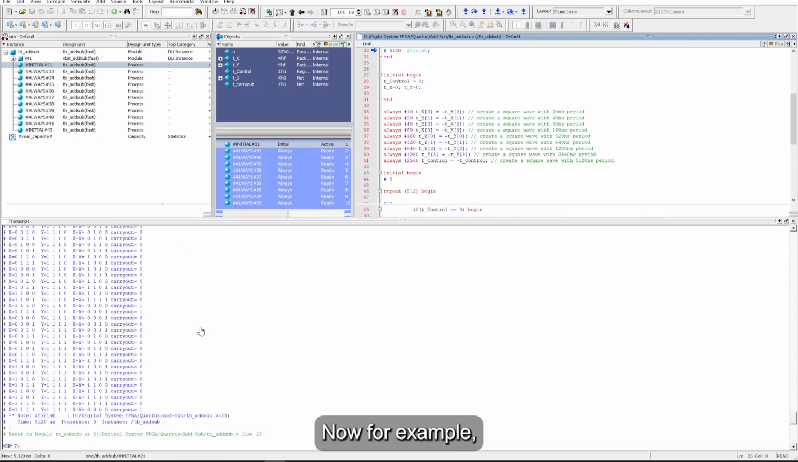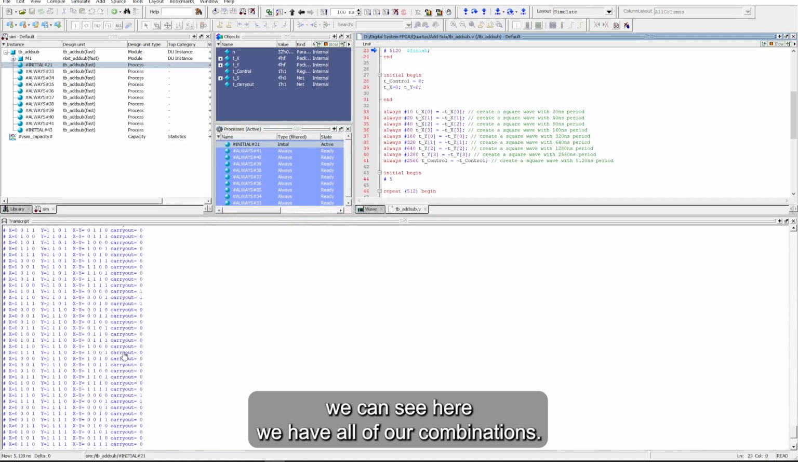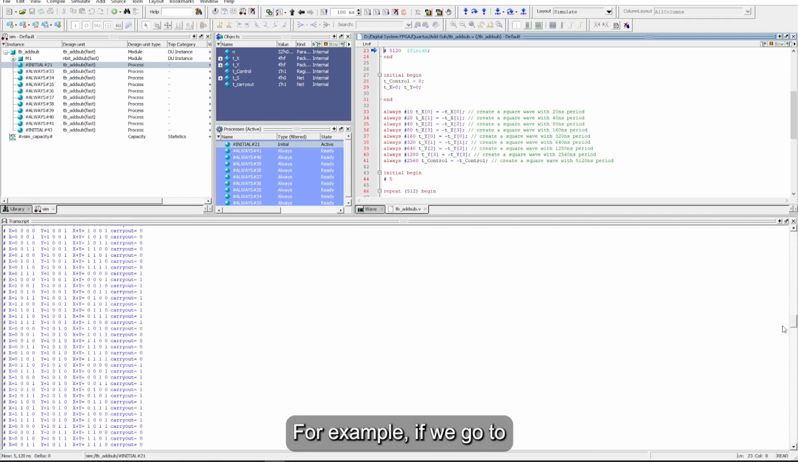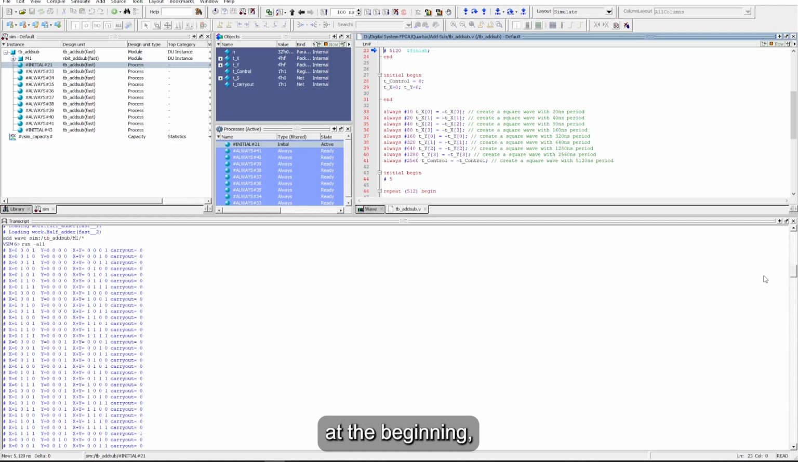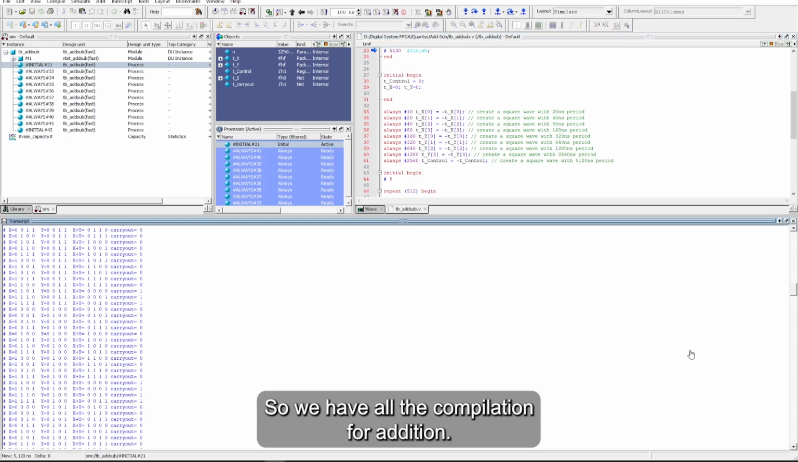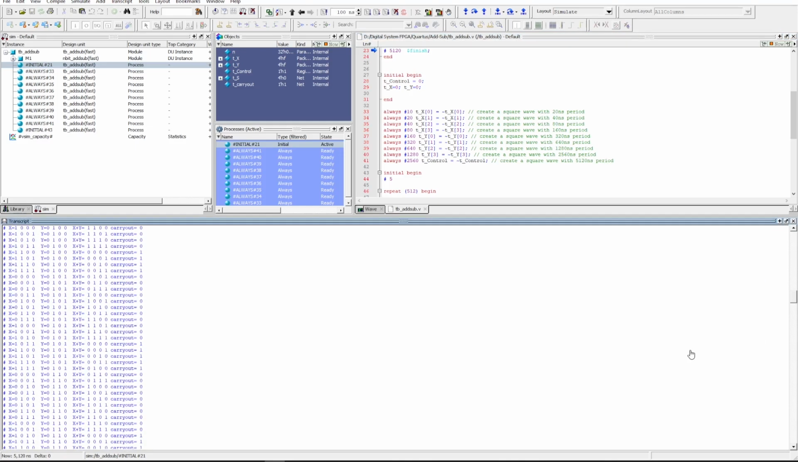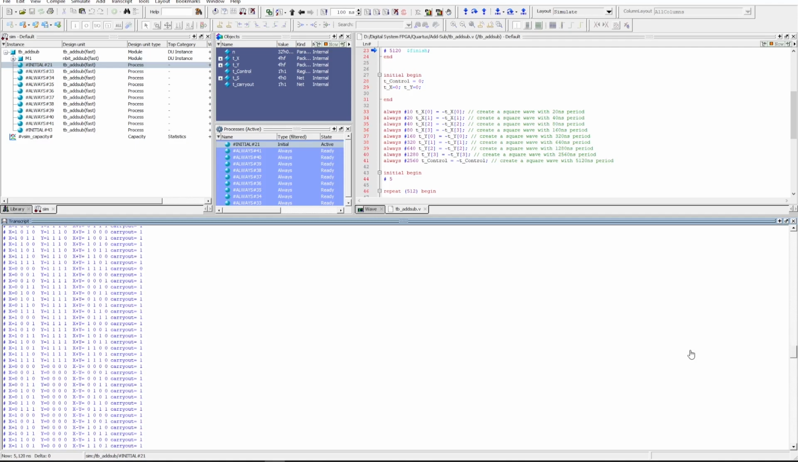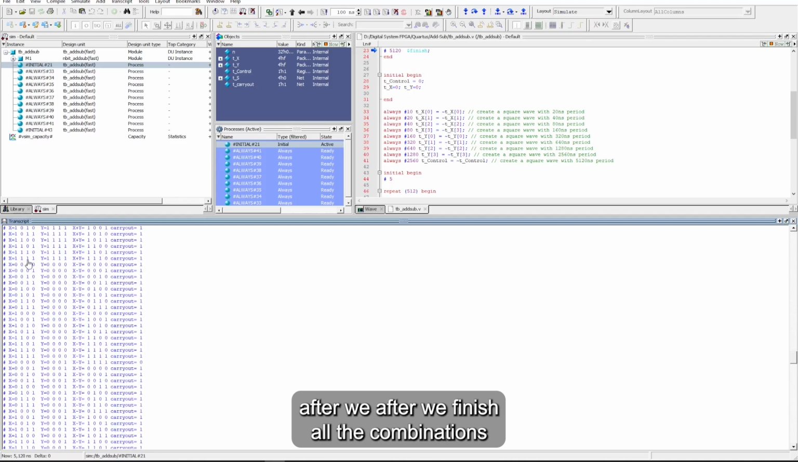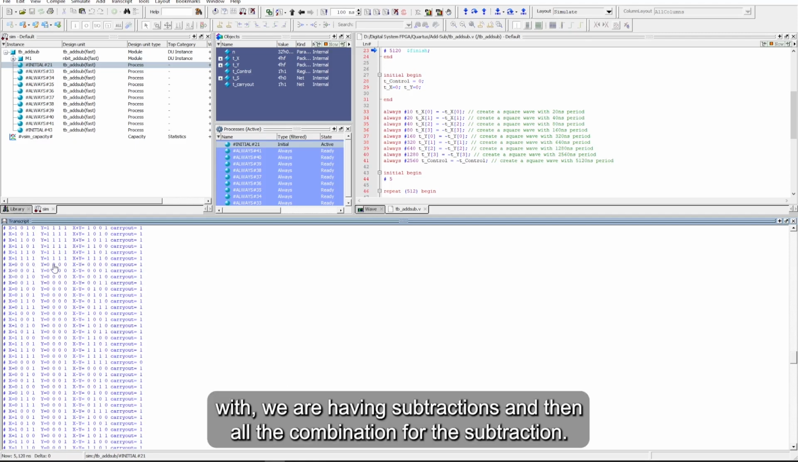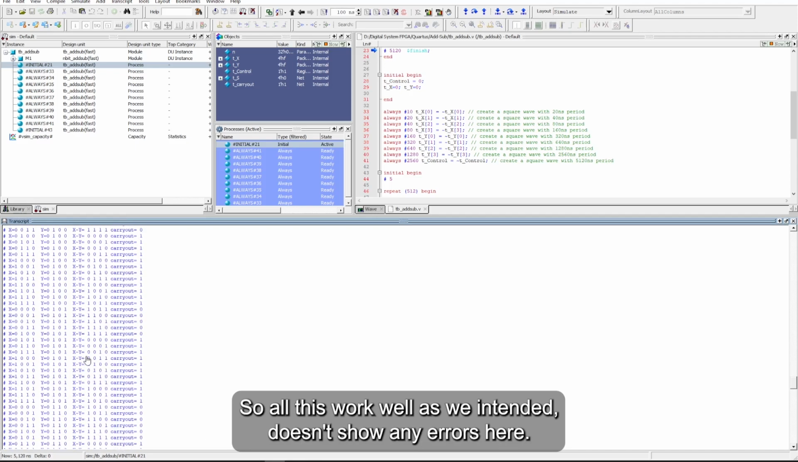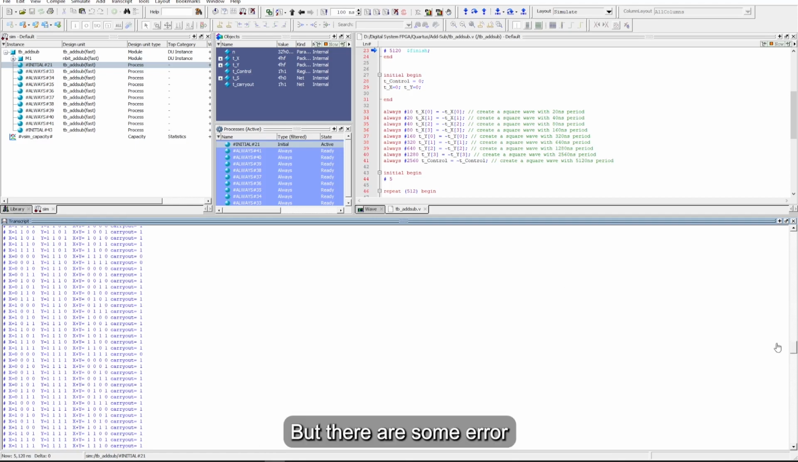Now, for example, we can see here we have all of our combinations. At the beginning, we have the addition, so we have all the combinations for addition. And then after we finish all the combinations, we have subtraction and all the combinations for the subtraction. So this worked well as we intended. It doesn't show any errors here, but there's some error